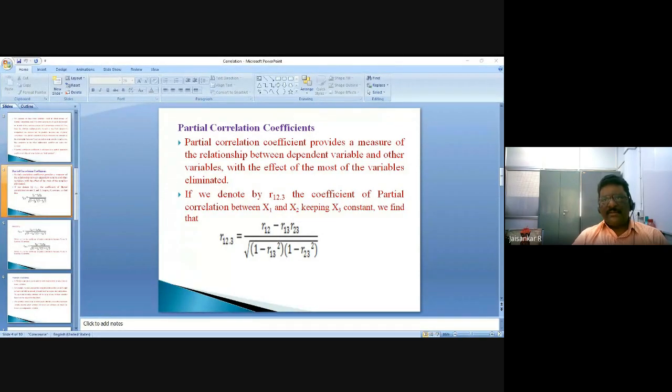Your height and weight. Height is depending on weight, weight is depending on height. I can find height and weight. With the type of food intake, weight gets increased. With that assumption, I can find the type and amount of food intake, increase in weight and height. So if it is the case, I can have three measures: amount of food intake, another one is height, another one is weight. Three variables.